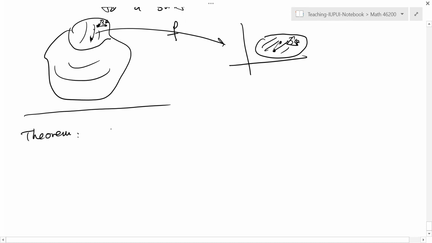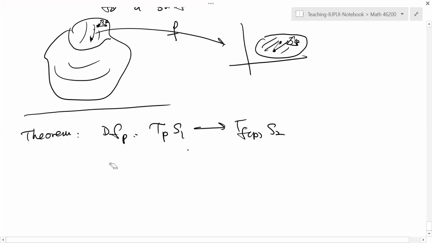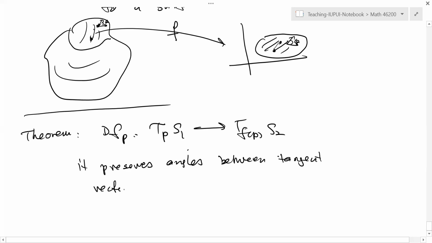This is a map from a tangent space to another. F preserves angles between tangent vectors if and only if